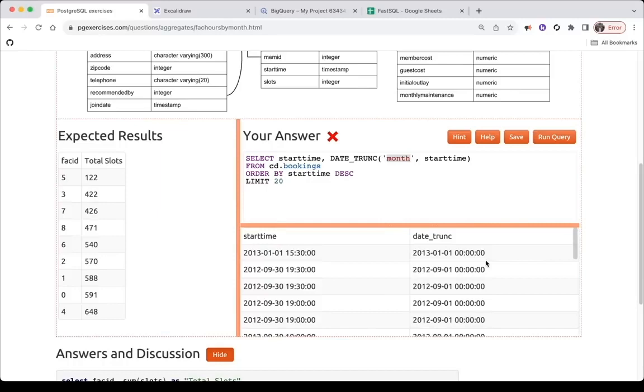Now, this is technically correct, it works, but I'm not a fan of writing queries like this. I prefer writing them like this as a common table expression, and I explain this in detail in my mental models course. The reason I prefer this is because it doesn't break queries apart. So in my case, this is one query and this is another query, and it's pretty easy and simple to